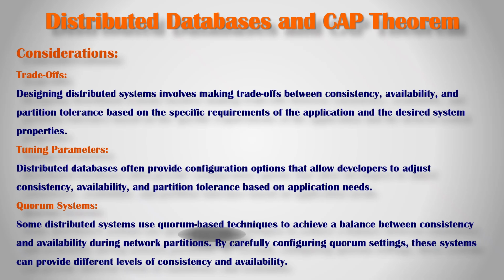Considerations. Trade-offs. Designing distributed systems involves making trade-offs between consistency, availability, and partition tolerance based on the specific requirements of the application and the desired system properties. Tuning parameters. Distributed databases often provide configuration options that allow developers to adjust consistency, availability, and partition tolerance based on